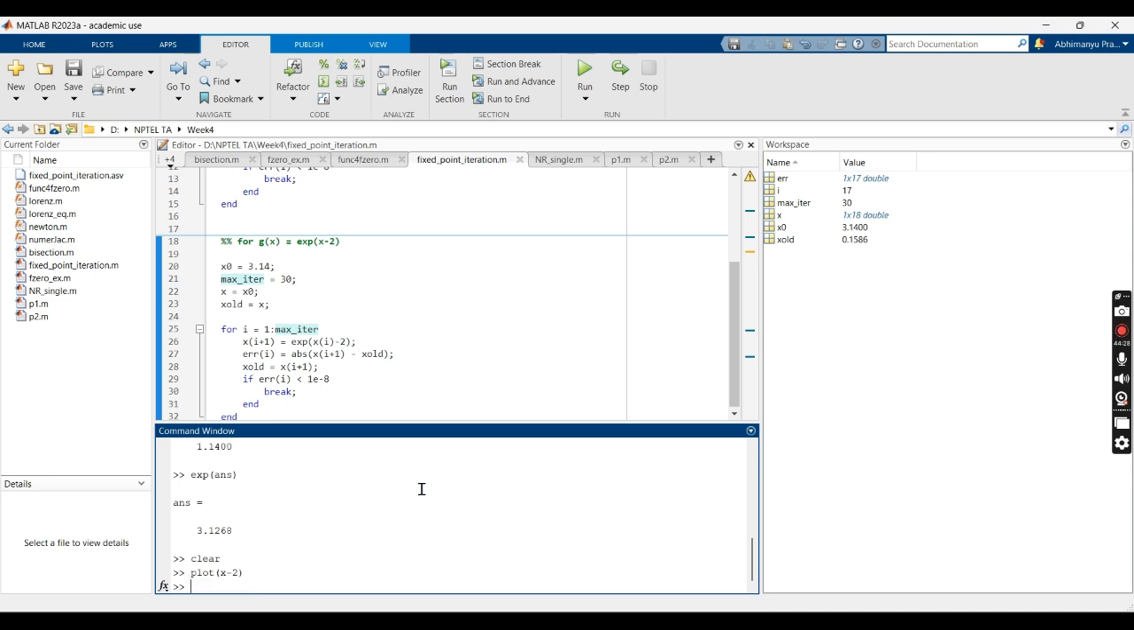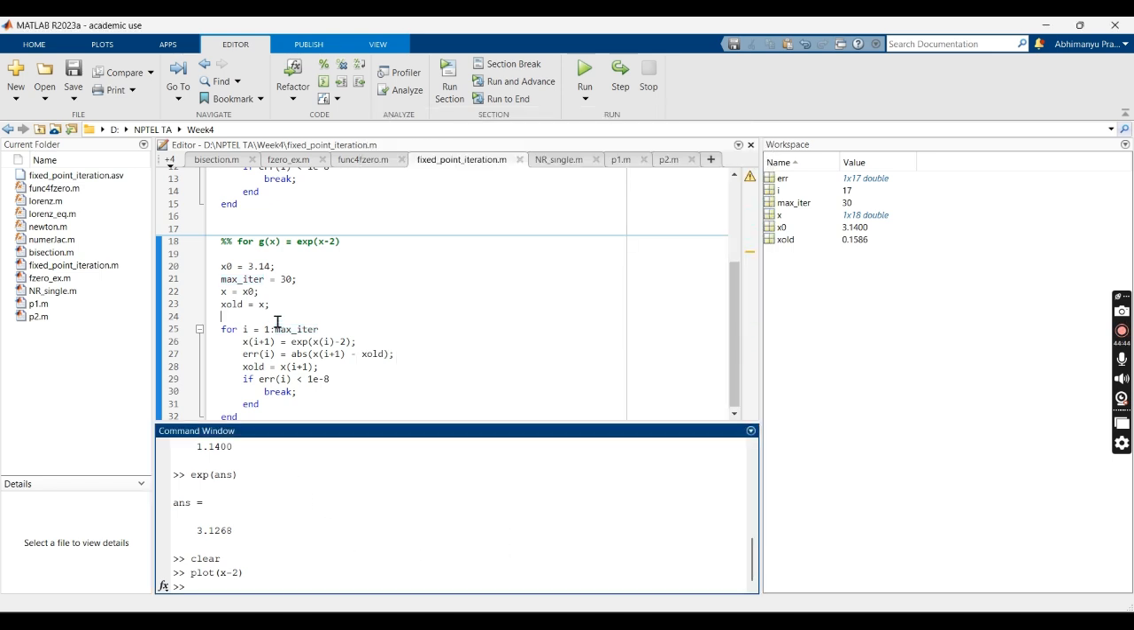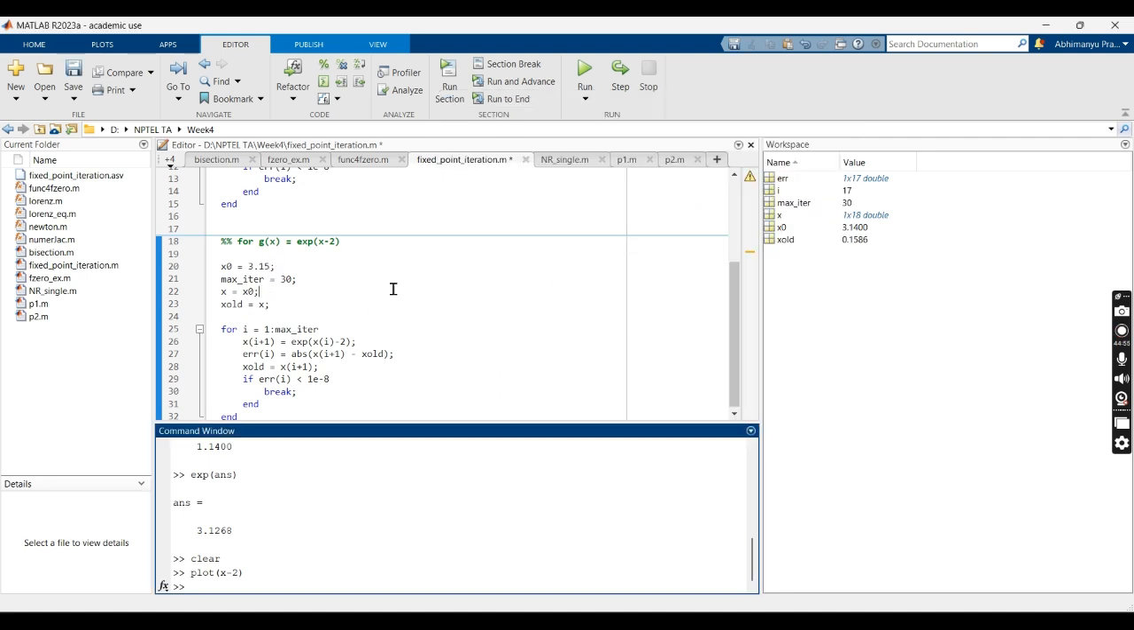x minus 2, so you see my x minus 2 is a decreasing function, right? But if I take some value of x which is greater than my other root, so my other root is 3.14146. So if I take a value 3.15 and now I run this,